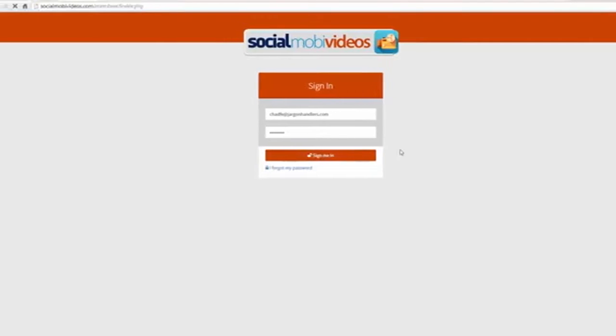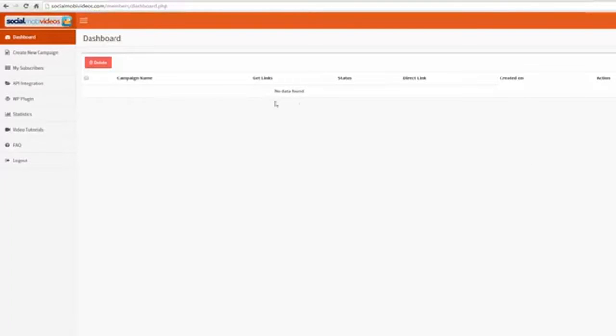So I'm going to go ahead and click Sign Me In. Now, for many of you, you're very familiar with the dashboard that you're looking at here because this is classic SocialMobi styles. We like to keep everything consistent, so most of you already know exactly what this software is going to do. You know what to expect, and you're going to be able to get started right away. But if you're new, that's okay. I'm going to walk you through the whole process.